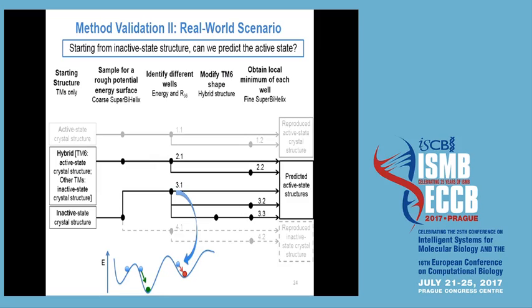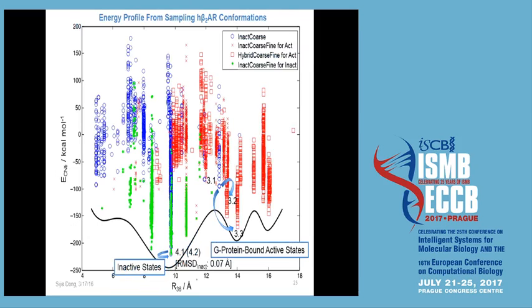But using both of these methods, we were able to predict active conformations. This is the sampling of the conformations for the beta-2 adrenergic receptor, where we know the active state, we also know the inactive state. So we started with the inactive state that is shown here, and with the blue circles is the coarse grid conformational sampling, and that was able to identify this low energy conformation in the helix 3-6 distance space, which looked like an active conformation. So we used that as a starting point for the fine grid conformational sampling,